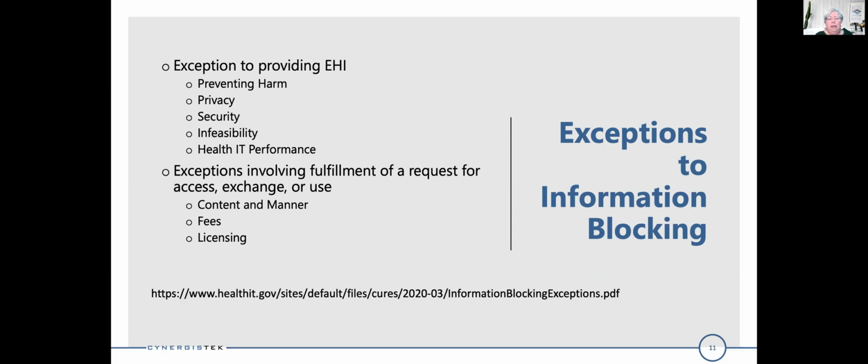So the five that tie to whether you have to share it at all are preventing harm, the privacy exception, the security exception, the infeasibility exception, and health IT performance. And these are pretty much what you might expect, but one of the things that everybody needs to be clear on, for the security exception, if you can demonstrate that, say, allowing a patient's application to connect to your system